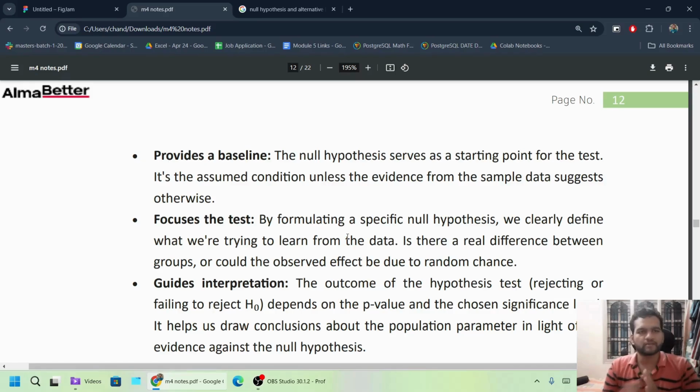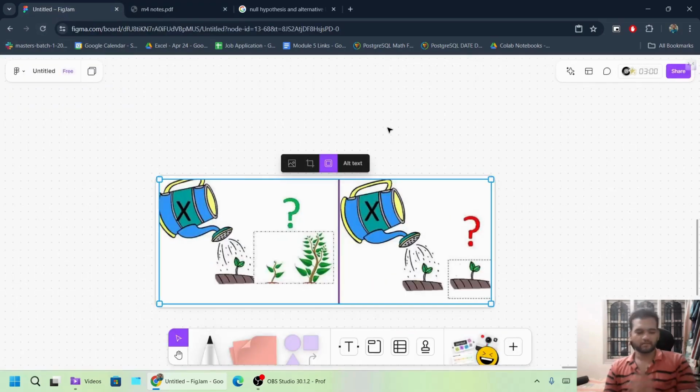Let us go ahead with an example in our Figma dashboard. Let us take an example that a fertilizer company has launched a new fertilizer that will help the plant to grow. What will be our null hypothesis? Our null hypothesis will be